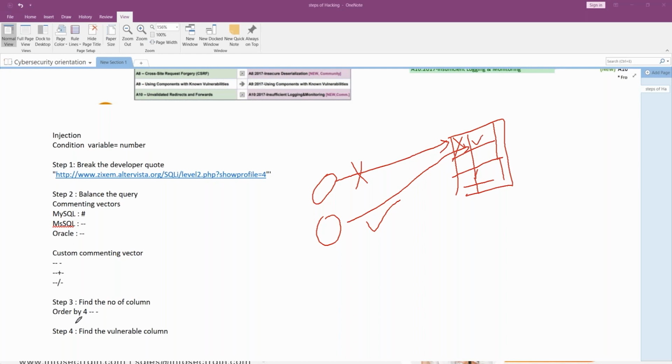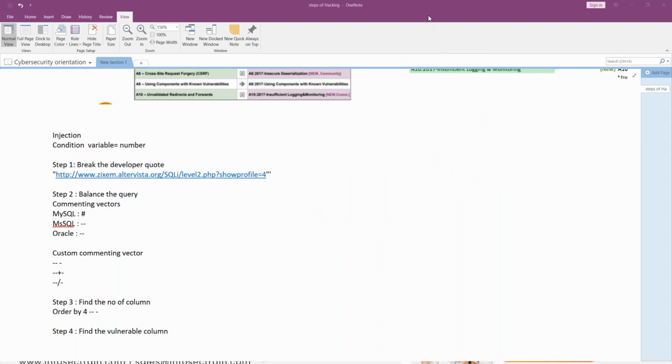So what the attacker will try to identify over here is a vulnerable column. This will be the vulnerable column for him. He will be searching for such a blank space. In this database, is there any blank space? If yes, let's take advantage of that blank space. Same thing we are going to do. We are going to search for the blank space inside the